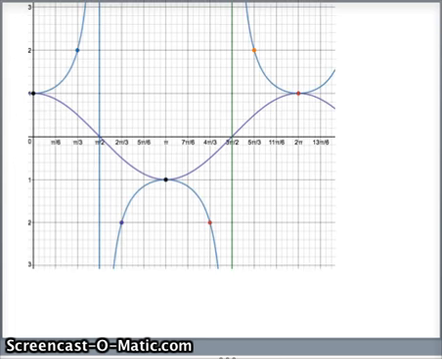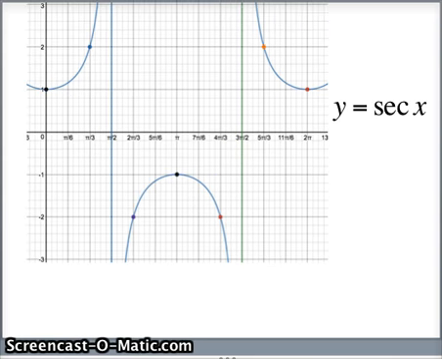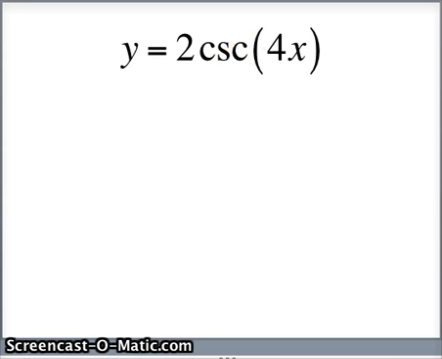There you can see the graph of secant together with the graph of cosine. That's the first period of the secant function from 0 to 2 pi. And if I remove that cosine function, now you have the graph of y equals sec x, or f of x equals sec x. Now let's look at a situation like this where we're going to have several cycles, cosecant